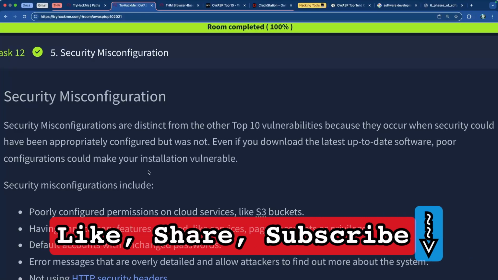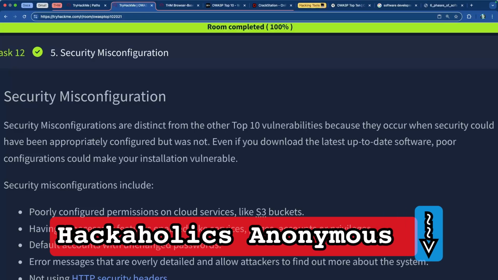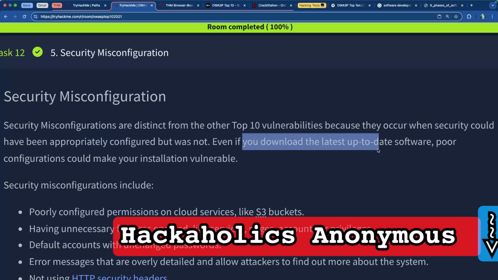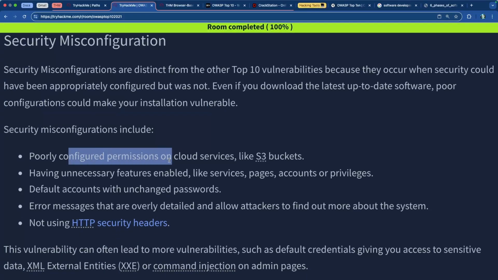Security misconfigurations are different from everything we've talked about so far, and I think different from everything else as well, because it's basically security that could have been appropriately configured, but then it wasn't. So even if you download the latest up-to-date software, poor configurations could actually make the installation vulnerable. Poorly configured permissions on cloud services like S3 buckets. An S3 bucket is basically a storage bucket on a cloud service,